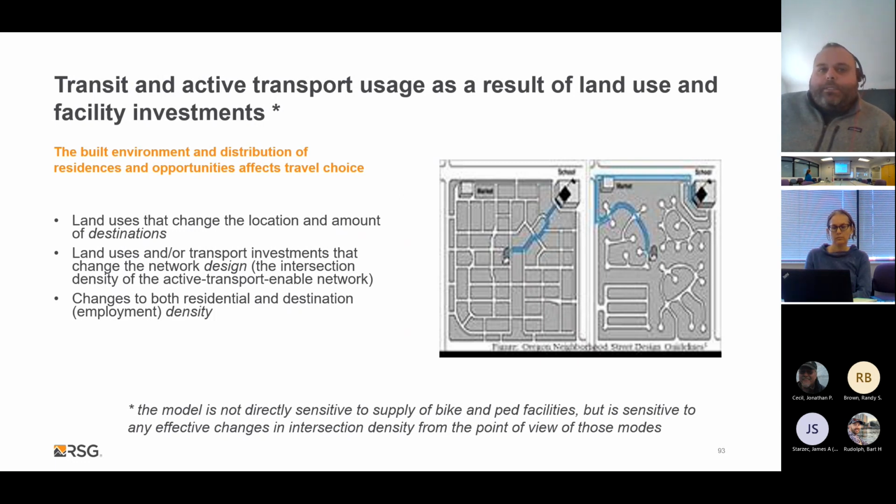And the transportation network that is in the travel demand model as it currently is really only able to capture people's choices on the main automobile or the main volume carrying facilities in the region. So in order to make enhancements to the travel demand model on the network supply side for bike and pedestrian activity, we'd have to have a separate bike-ped network where those trips can be routed on top of them. And the model isn't capable of doing that, or if we did it, it would be fairly inaccurate.